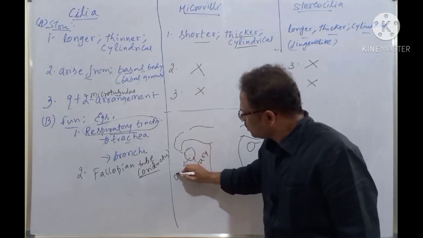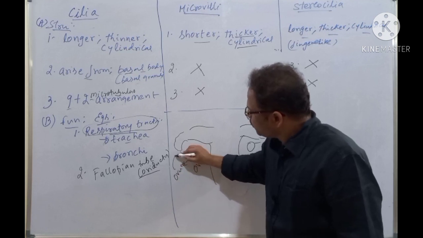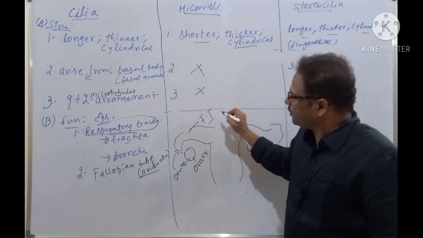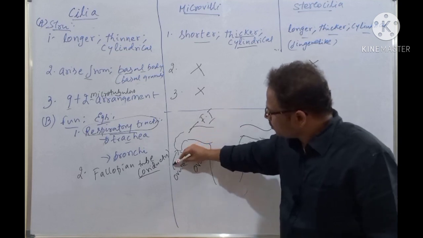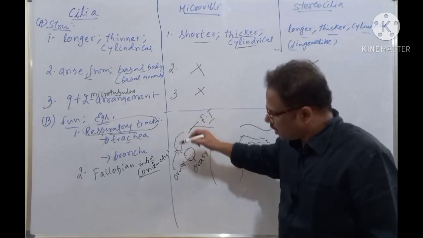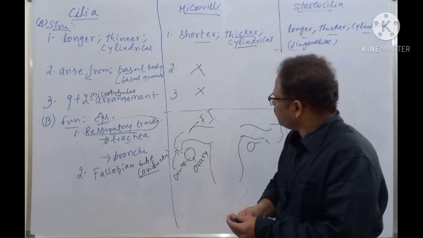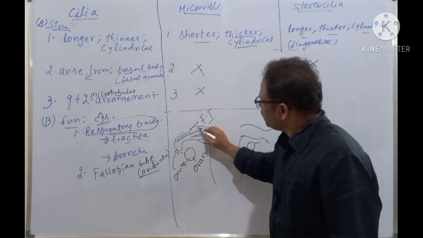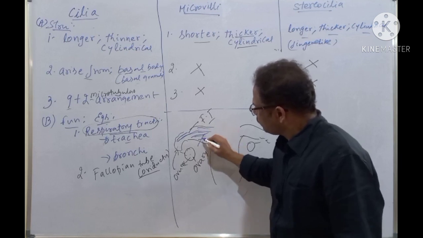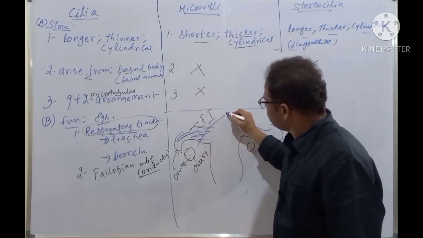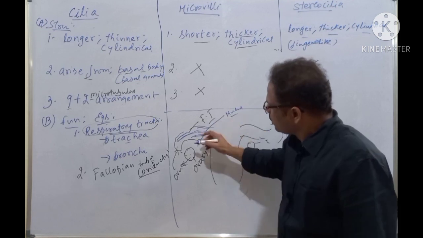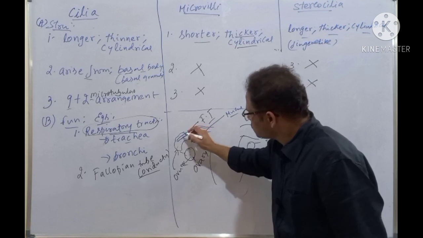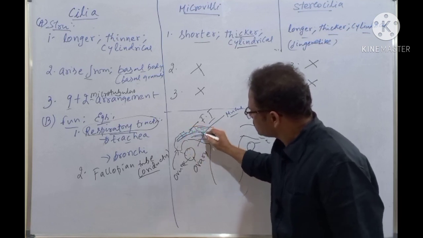When the ovary releases the ovum, that should be conducted to the fallopian tube. This is the fallopian tube. I'm writing FT. The ovum should be conducted to the fallopian tube because the fallopian tube has a fluid medium. This is the mucus, and I'm writing here mucus and other fluid is there. And this also contains the cilia.